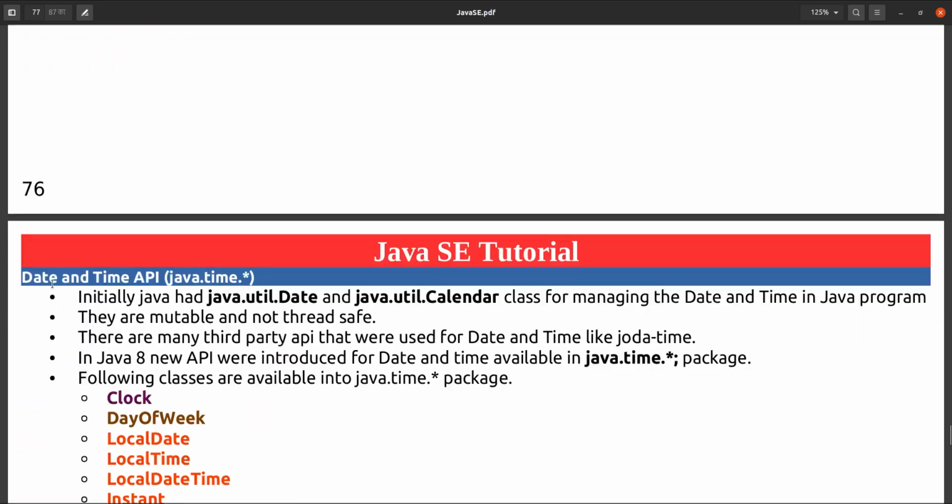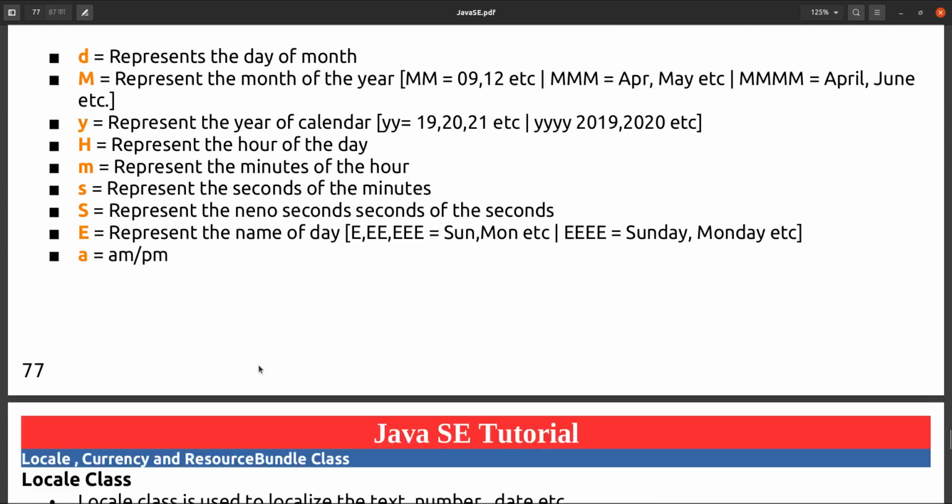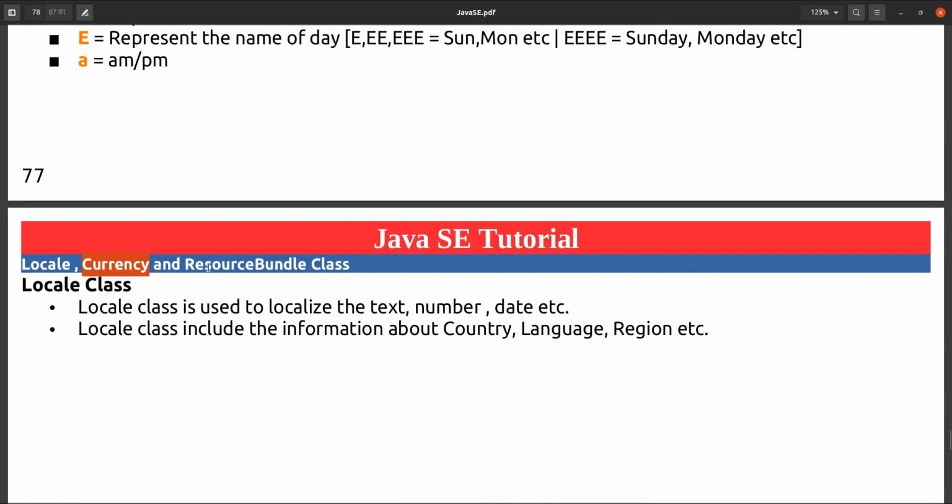So this is all about the date and time API in Java 8 that is newly added, and in the next session we will see Locale, Currency and ResourceBundle in the util package. These are classes that can be used to point to your local language and your local currency, that is your current country's currency, and ResourceBundle is the resource where we can specify some labels. So all these classes from the util package we will see in the next session.